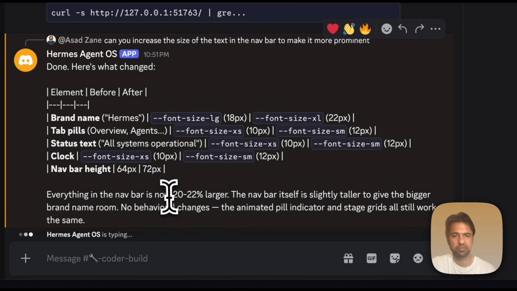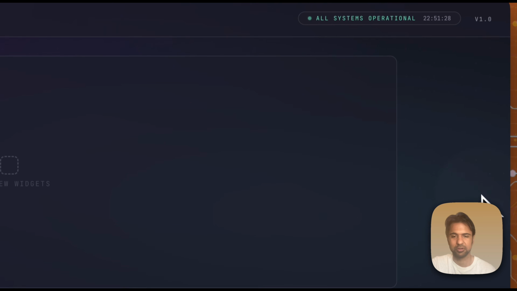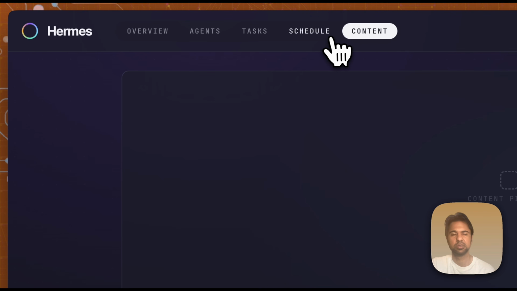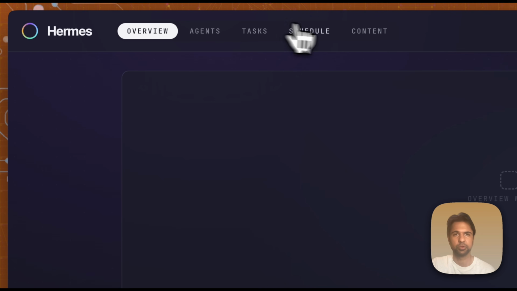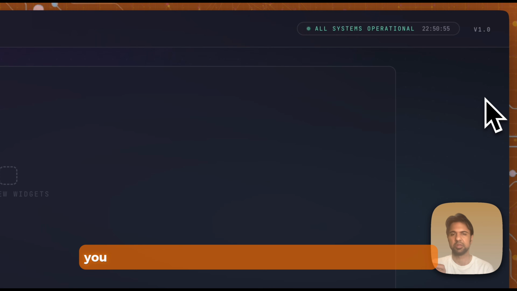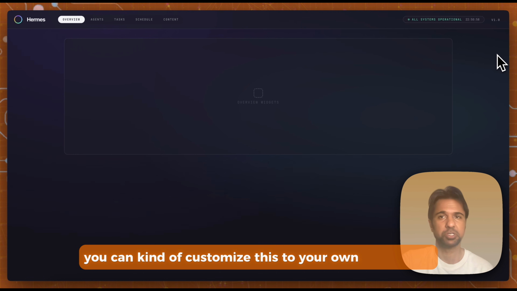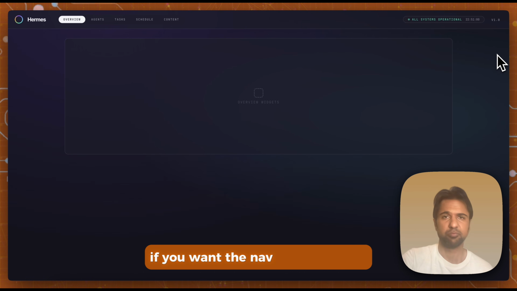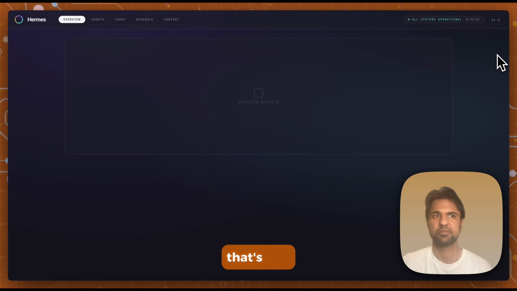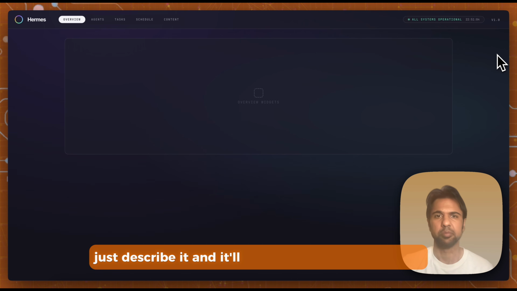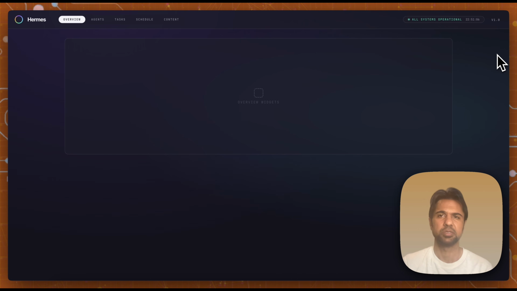Okay, so it says everything is 20% larger. This is a lot more visually accessible and easier to read. And again, you can customize this to your own visual style. If you want the nav bar on the left, that's fine, just describe it and it'll make those changes for you. But it's nice to have this shell ready before we go ahead and start filling in all the blocks